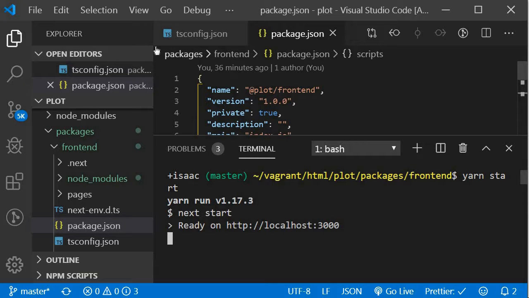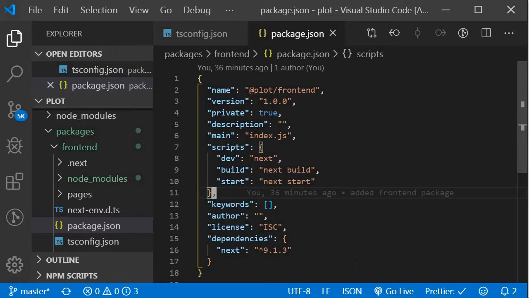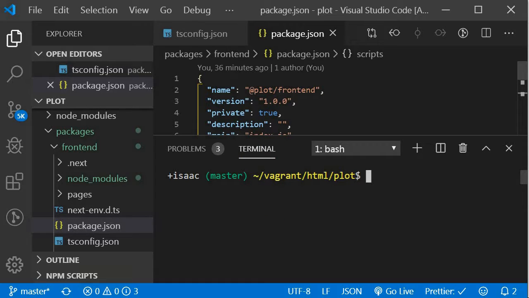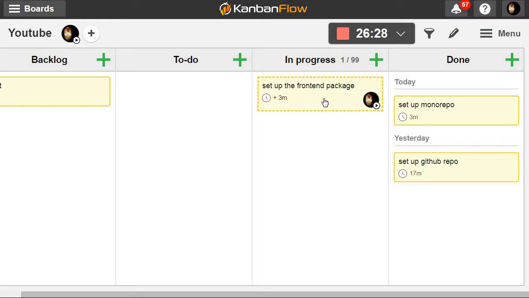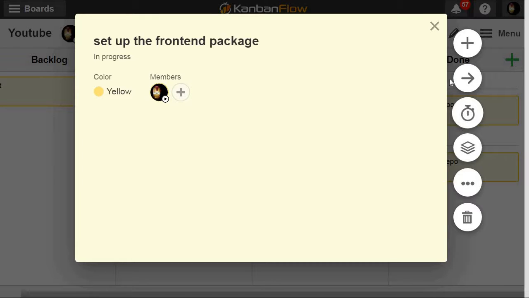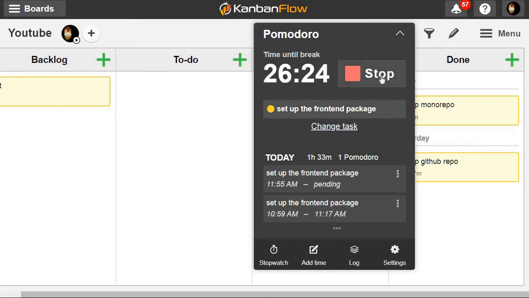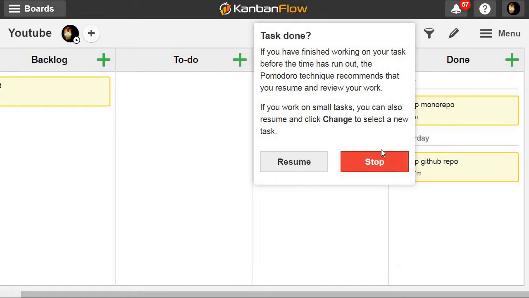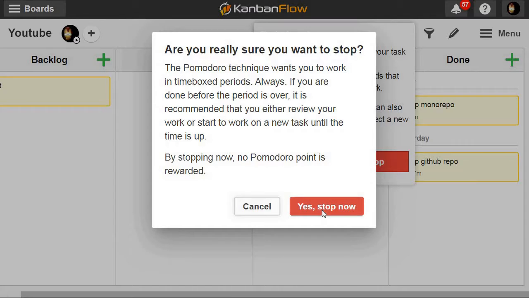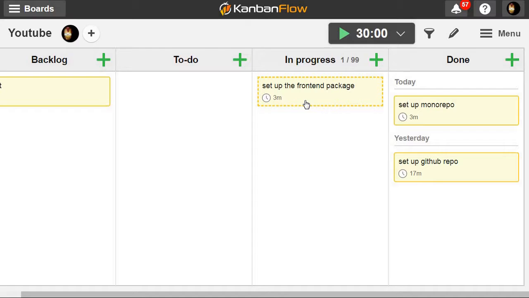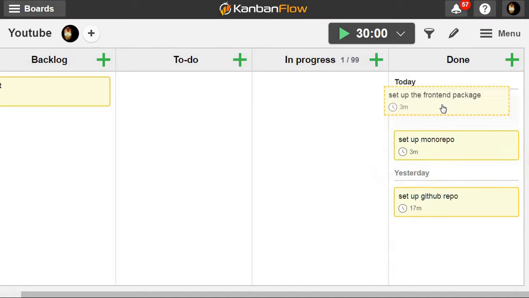So now let's go to our Kanban. We can go ahead and stop our timer here. Task is done. 3 minutes. Okay, so